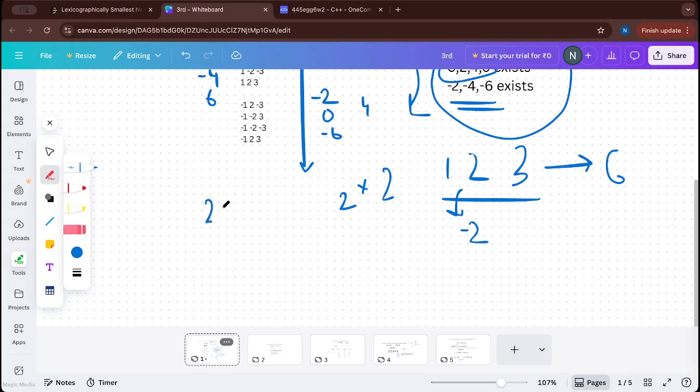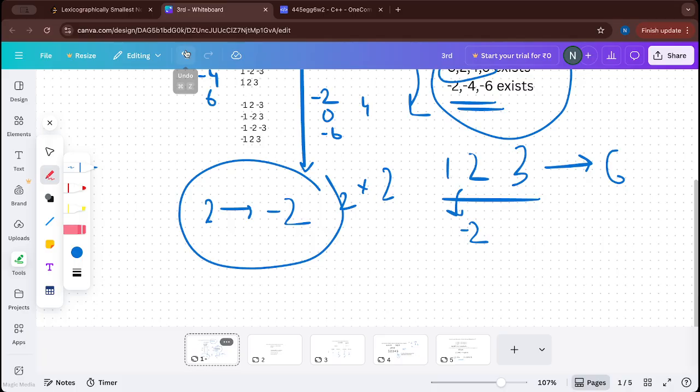Initially it is 2 and we are making it minus 2. So what is the net difference that happened because of this? It is simply 2 into 2, which is 4. So if the initial sum is x, what will be the final sum after choosing any elements and making them negative? It is simply x minus 2k,